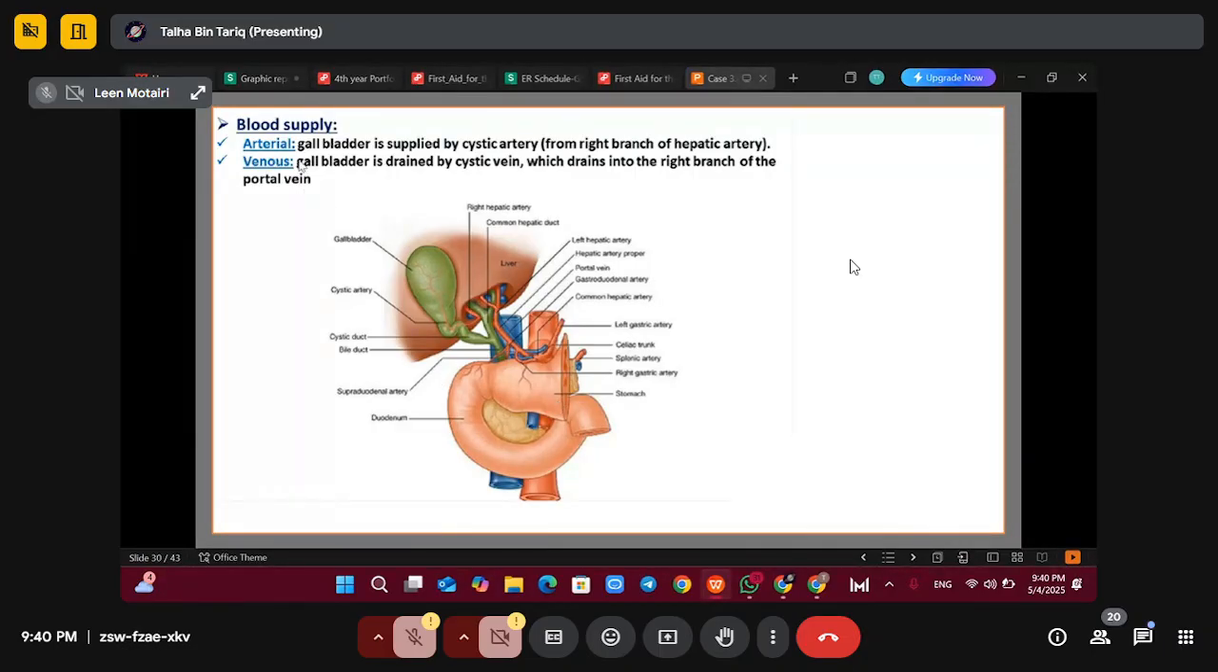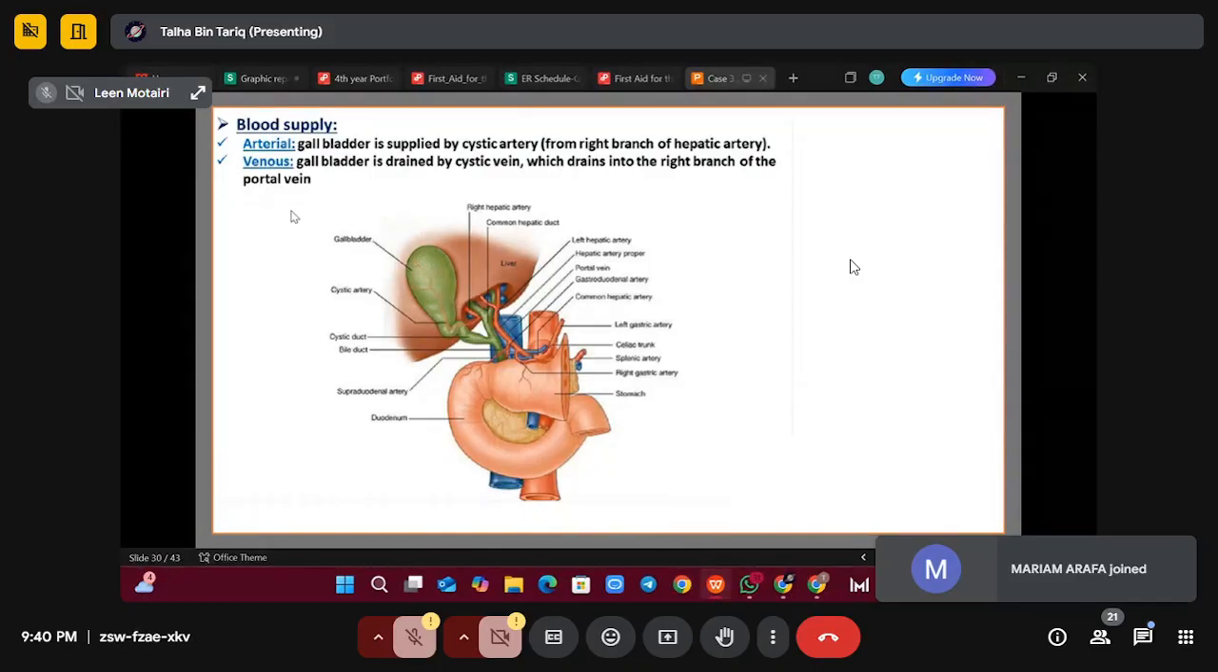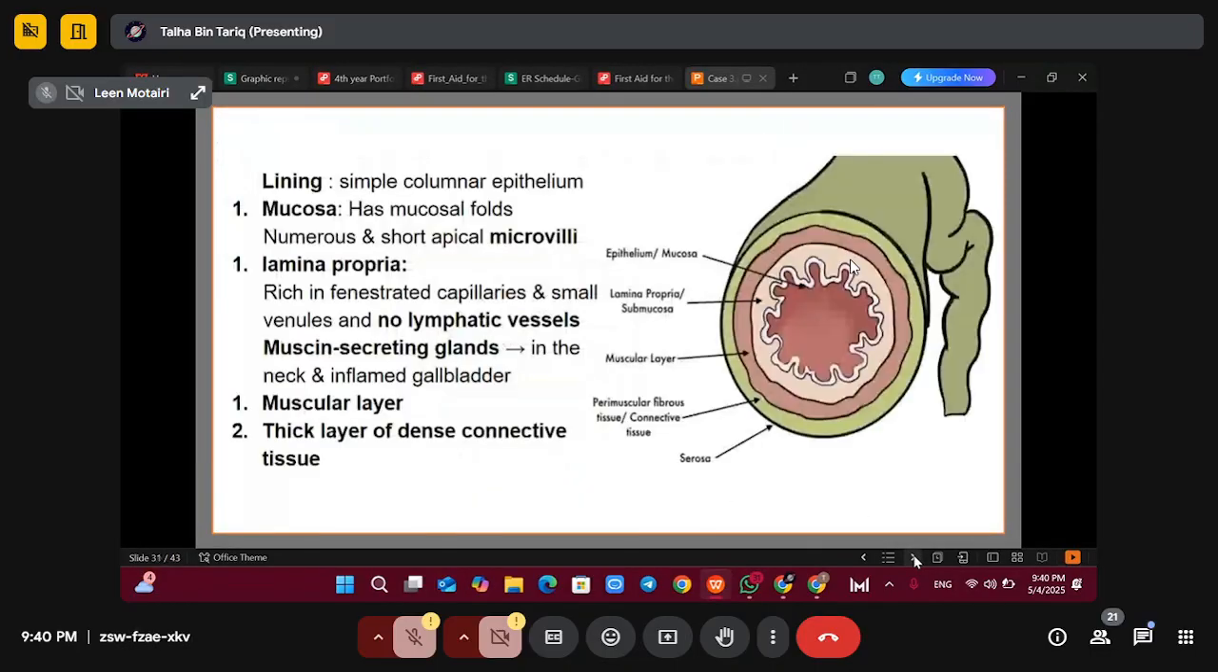And the venous supply: the gallbladder is basically drained by the cystic vein. So it's very simple: cystic artery and cystic vein. And the cystic vein is draining into the right branch of the portal vein. Right. So if they ask you a question in the MCQs, where is the cystic vein draining? Into the right branch of the portal vein. So it's very simple. You just remember the main vein, which is the portal vein, and the cystic artery is from the right branch of the hepatic artery. So that's how you remember that. Regarding the histology,